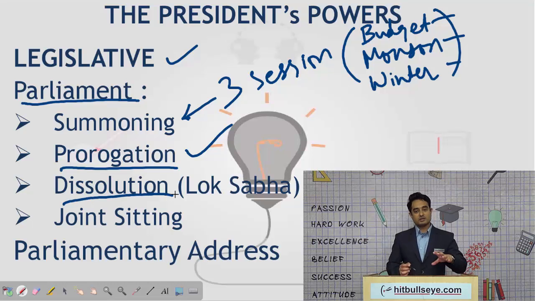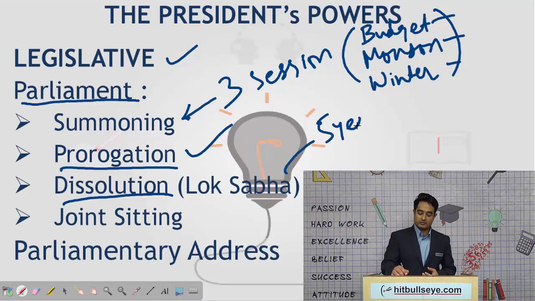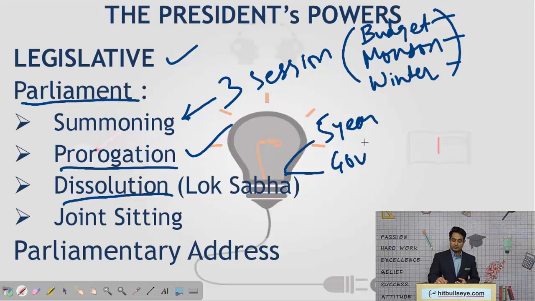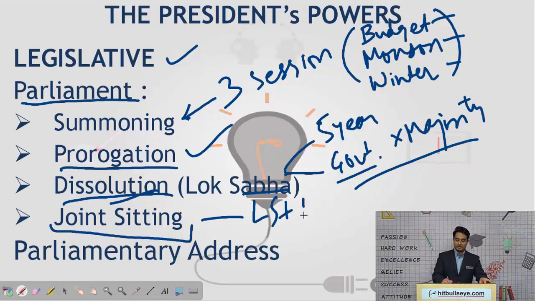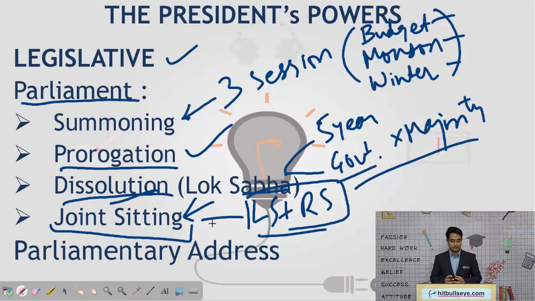And dissolution of the house takes place after the tenure of 5 years, or whenever the government fails to have a majority. It is the constitutional power of the president to dissolve Lok Sabha and have elections again. And also it is the power of the president to call a joint sitting. That is, both Lok Sabha and Rajya Sabha sit together, presided by the speaker, and any bill or